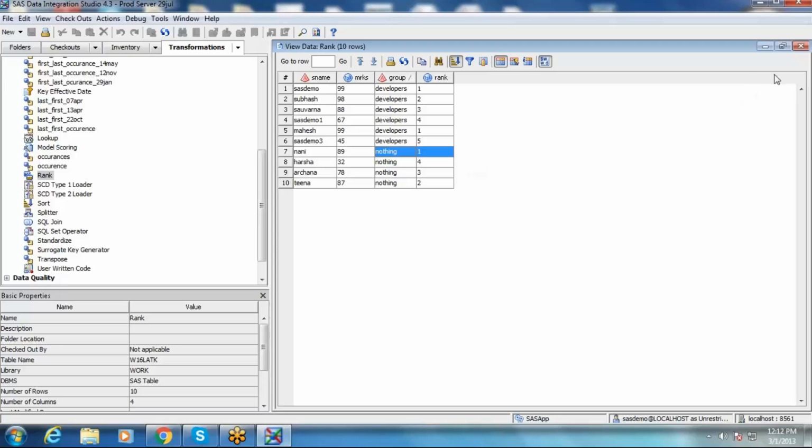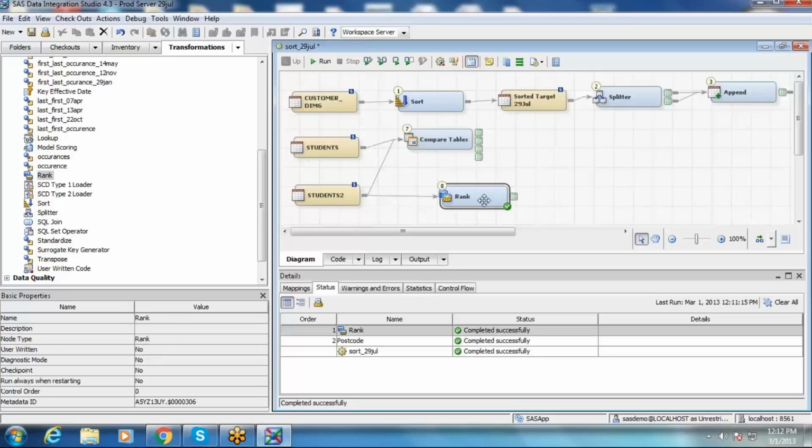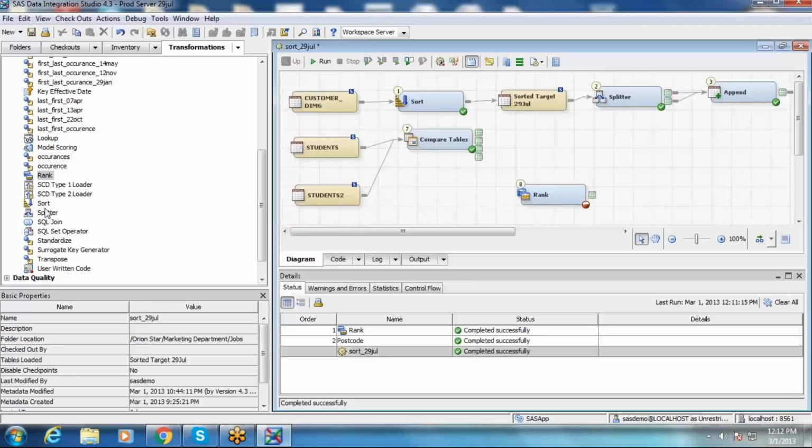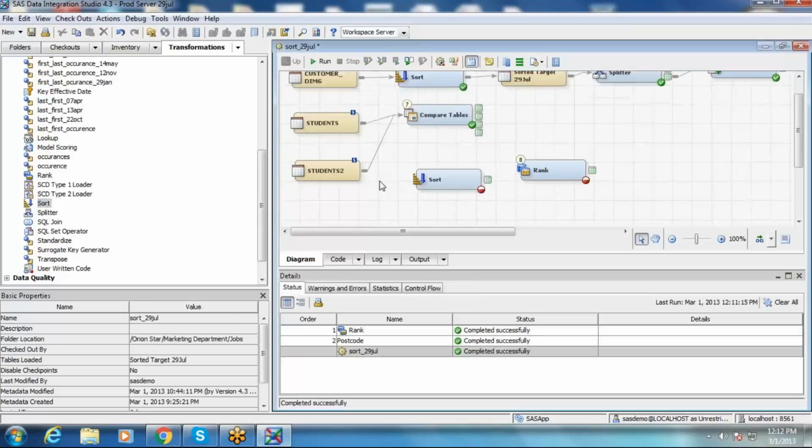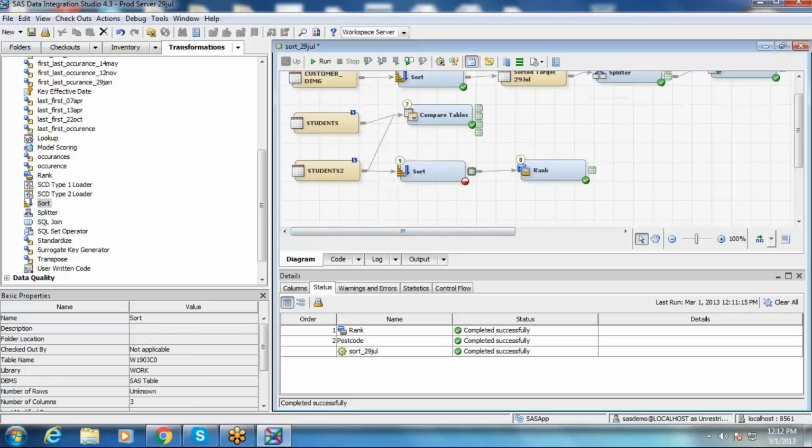Any question? Good. By default, as the data is sorted, we don't have any issue, but we need to take care of that adjustment. So what do we need to do for that? Whatever we discussed, you just need to put together. Just remove this, go for sorting, link this to the source table, and route the output of this to rank.